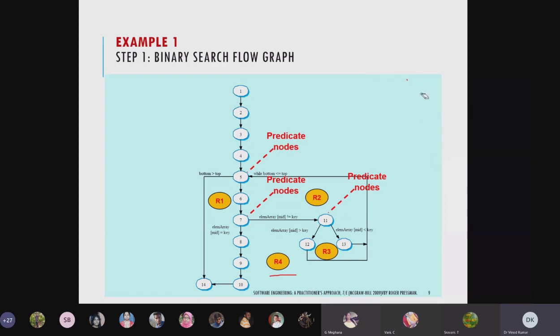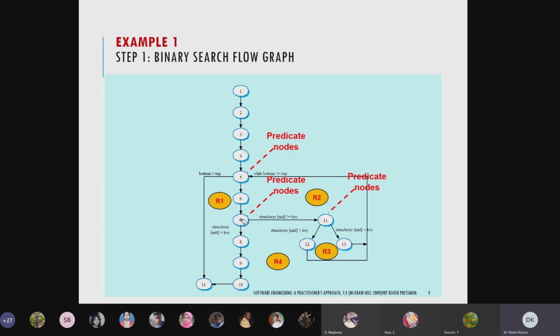If it is 1, then it is not applicable. Minimum is 2. And you can also check the condition, whether this node has any condition or not. Here there is no condition at this point, that's why it is not a predicate node.